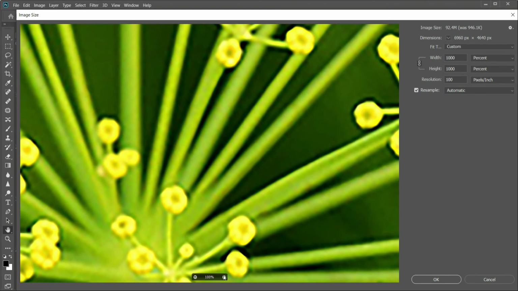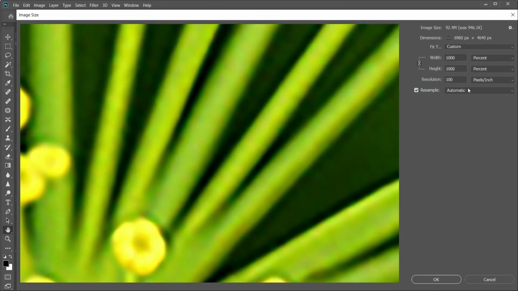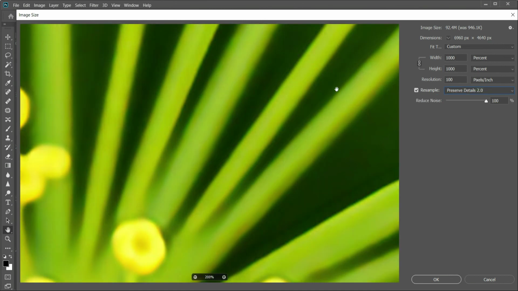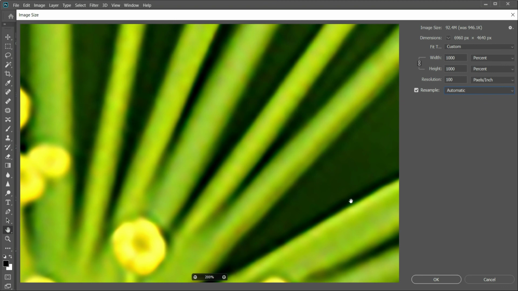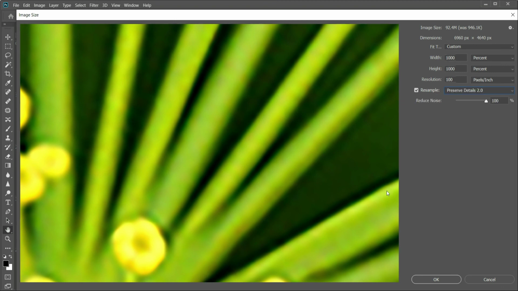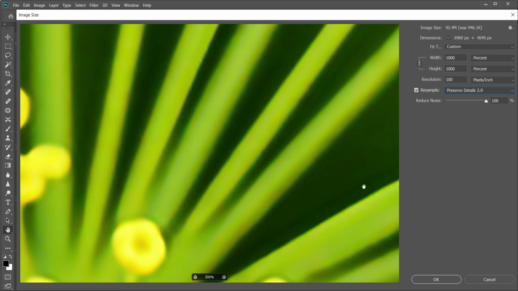But when you choose Preserve Details 2.0 and crank up the reduce noise to 100%, the picture is much smoother. I am now going back and forth a couple of times between automatic resampling and the new feature in Photoshop CC, Preserve Details 2.0, for you to see the difference.